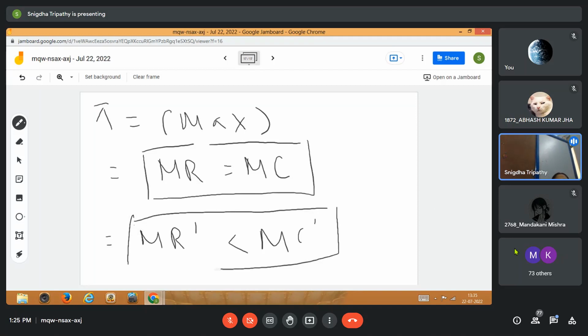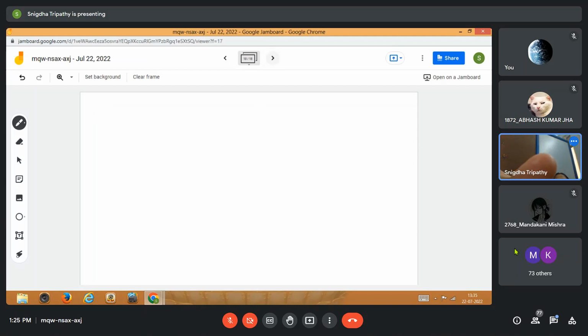So at what level are these two conditions required to be checked? At the level of sales or at the level of output production? At the level of output production, these two conditions are required to be checked. Okay? These are to be checked. So in this situation, we will understand